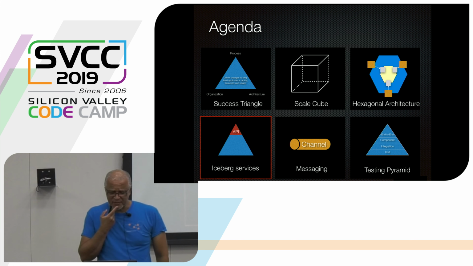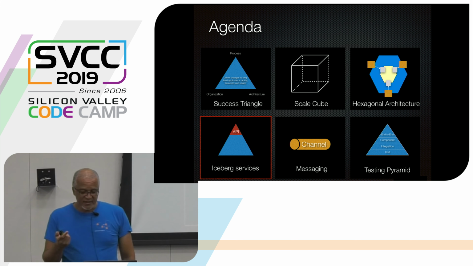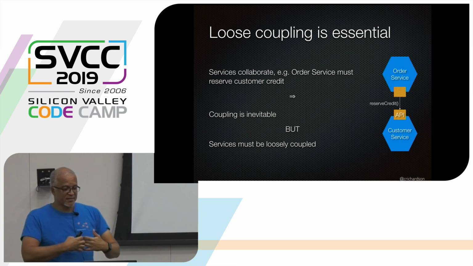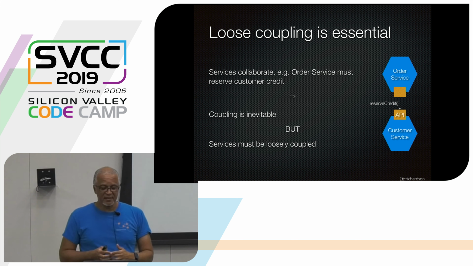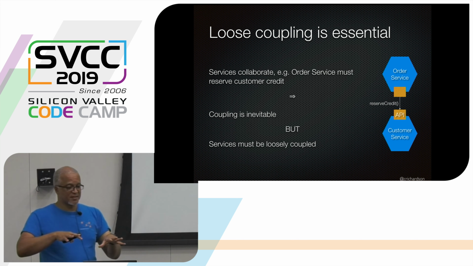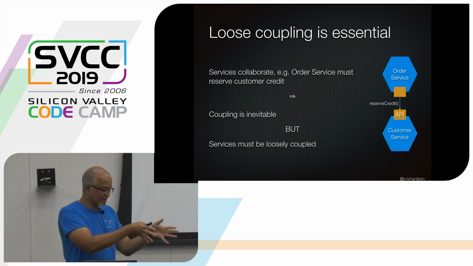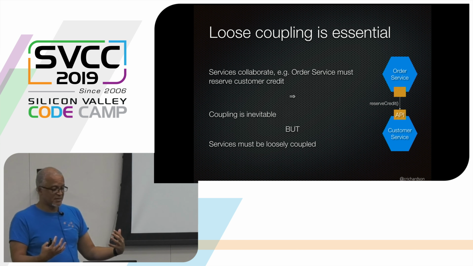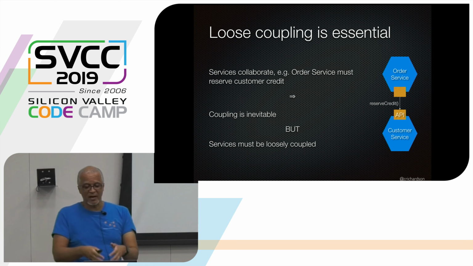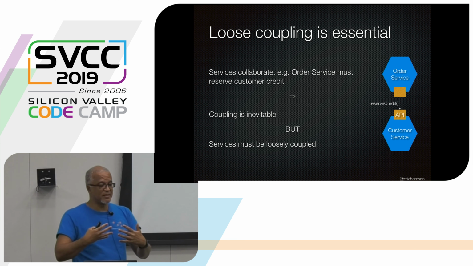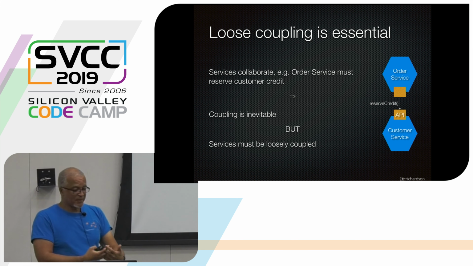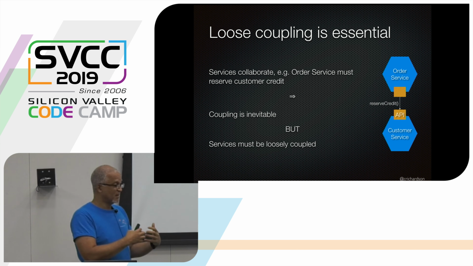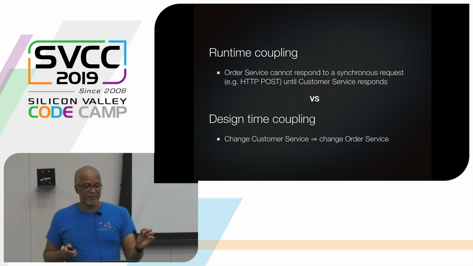So I want to talk next a little bit about some design issues that you will face. Now, one of the goals here is you want these services to be loosely coupled, right? Services often have to collaborate in some way, right? They're not like these little islands where they never communicate with one another. I mean, that's the ideal state of affairs, but usually there is some requirement for some degree of collaboration between services. So some form of coupling is inevitable, but you want to make sure that it's actually loose coupling as opposed to tight coupling.